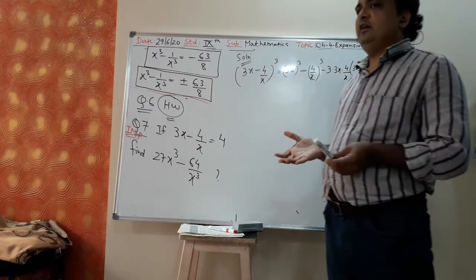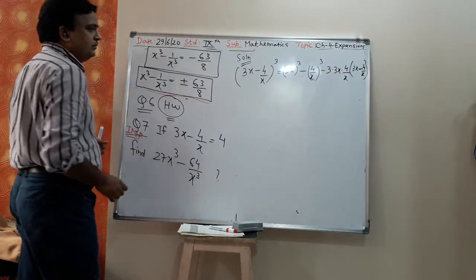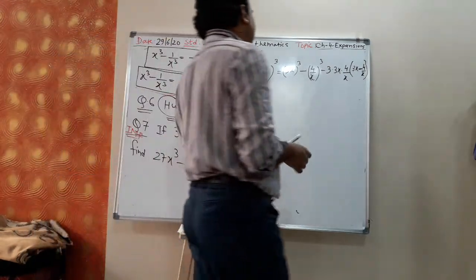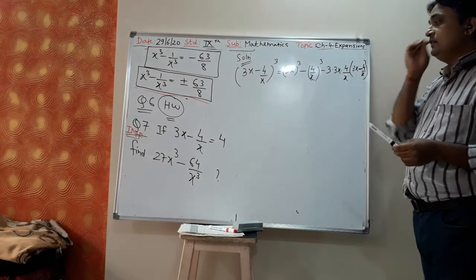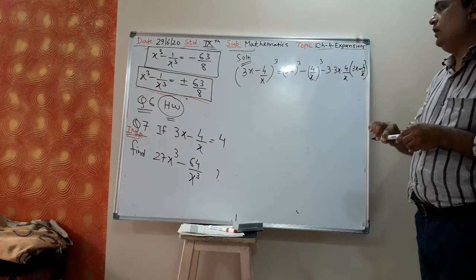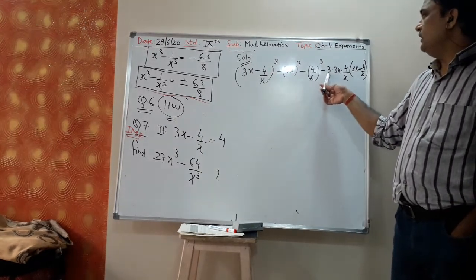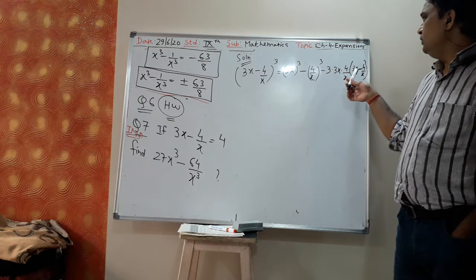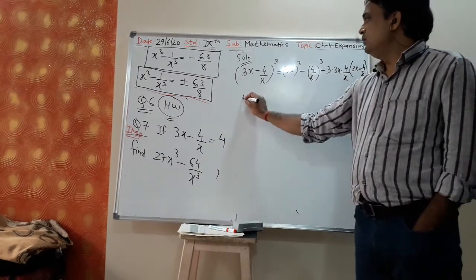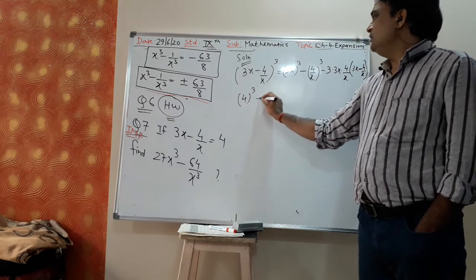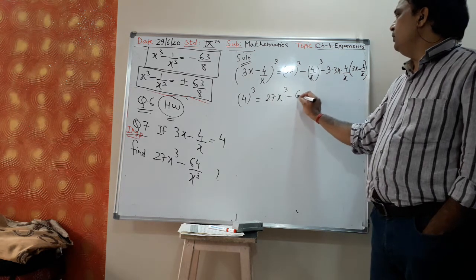Directly you will not get it, because it is asked what is the value of a cube minus b cube. You can do directly a cube minus b cube. So 3 into 3x into 4 upon x. a minus b whole cube is a cube minus b cube minus 3ab into a minus b. So 3x minus 4 upon x, this value is given 4. So 4 cube is equal to 27x cube minus 64 upon x cube